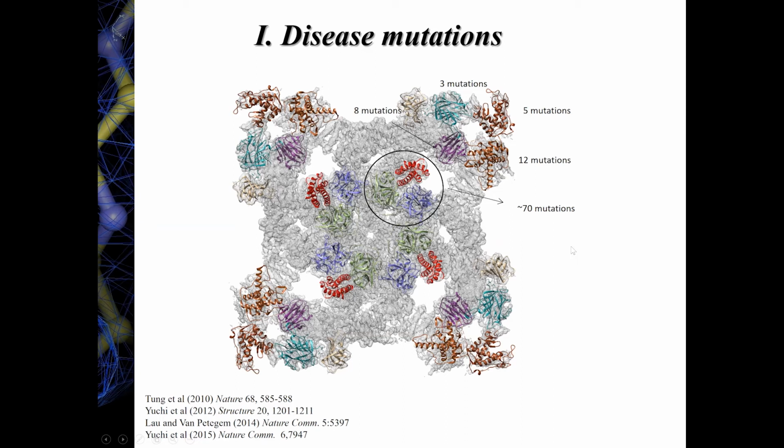And the bottom line is that we found that many disease mutations are clustering at the interfaces between these different color domains. And when we compared structures, we saw that in many cases, the disease mutations were triggering conformational changes in the isolated pieces that we crystallized. Now, of course, there's a limitation to this study. It's because we're only looking at fragments of the ryanodine receptor. And so if you really want to understand the complex effect of a disease mutation, it's important to look at it in the context of the full protein.